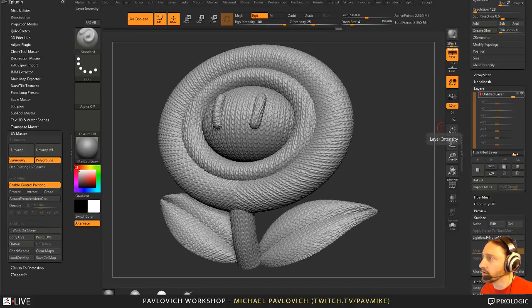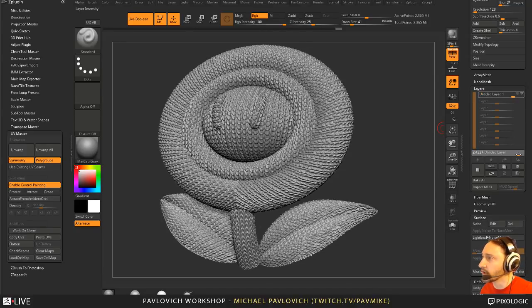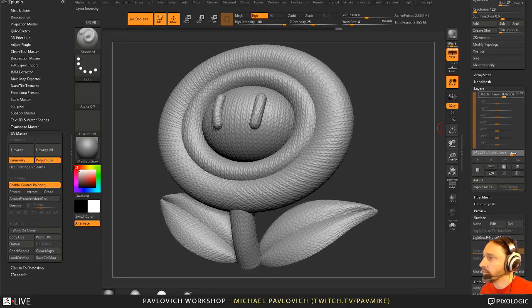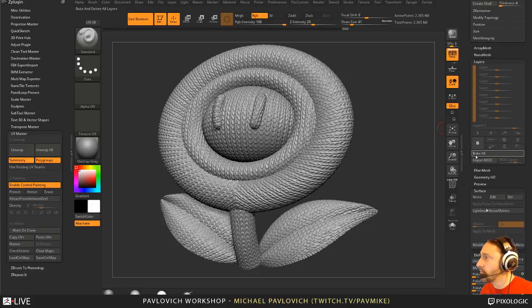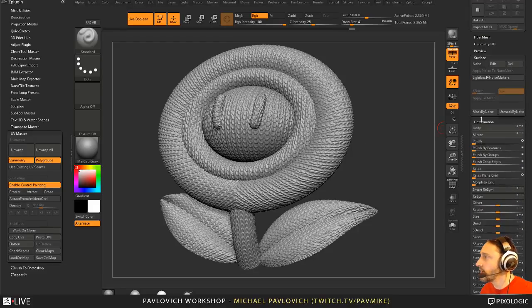Or if I feel I didn't crank it up enough, I can over crank it. So that's kind of why I put this on a layer first, so I can have a little more room to dial this in, and then we can go, okay, bake all. And the reason why I put a